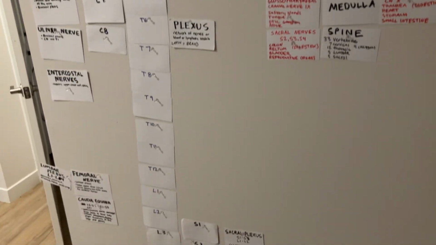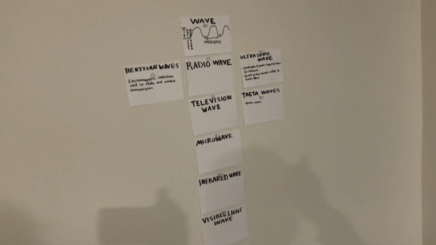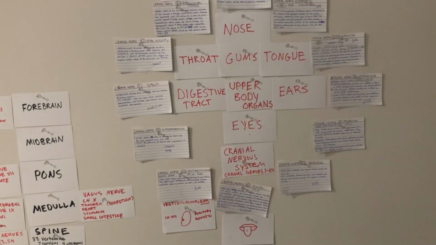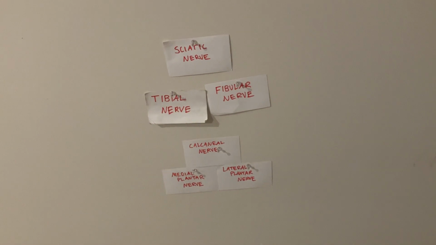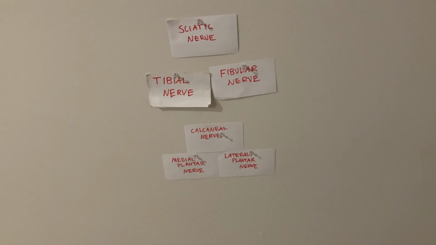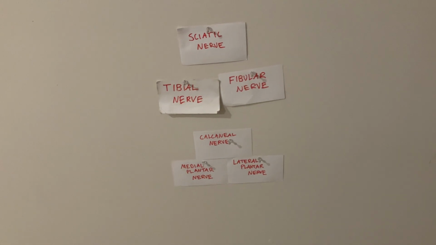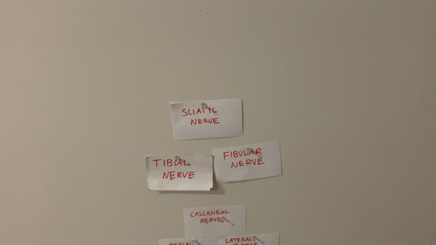This is your nervous system. Okay, so if your body's getting bad information from too many of these signals, it's due to this nervous system setup. The cranial nervous system, the spinal nervous system, the peripheral nervous system, it all plays a role. For example, when you walk on the street or you walk over something, your feet are constantly picking up information through your medial plantar nerve, lateral plantar nerve, your calcaneal nerve, tibial nerve, fibular nerve, which connects to your biggest nerve, the sciatic nerve.